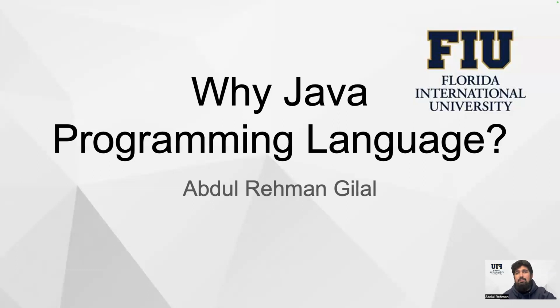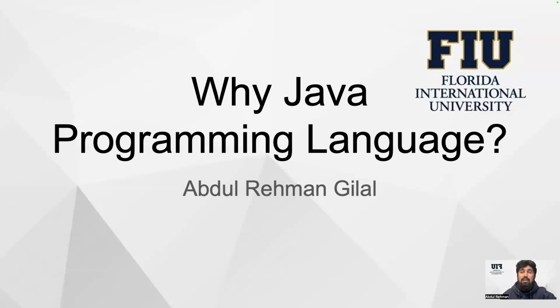This may be a reason for someone to select a programming language. We also discussed that available resources are one of the reasons by which one can select a programming language. So in today's short presentation,